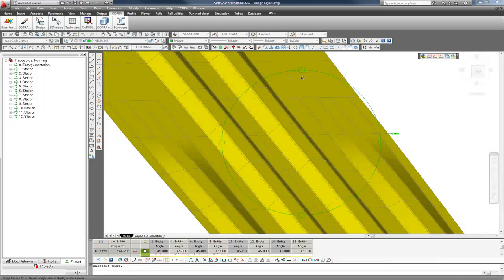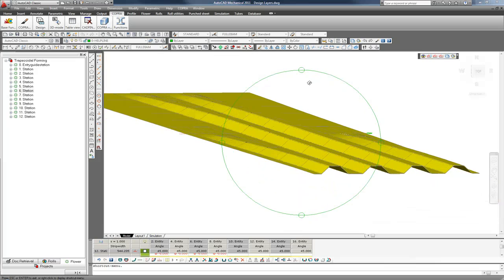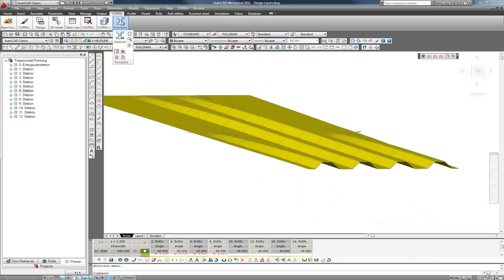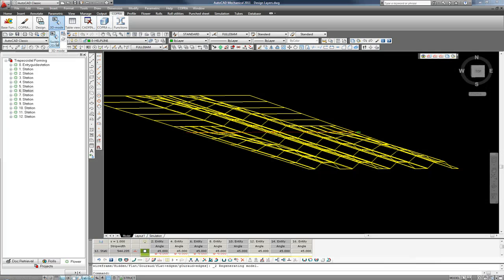Here you can see my trapezoidal forming sequence. I'm happy with what I see here, so now I can return to 2D wireframe and 2D mode,